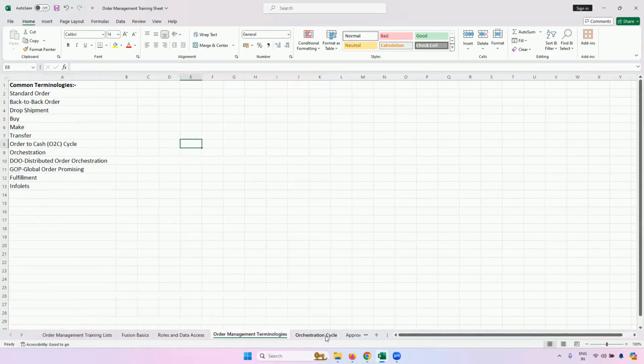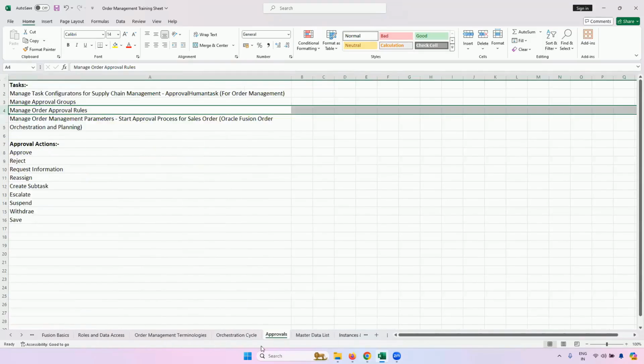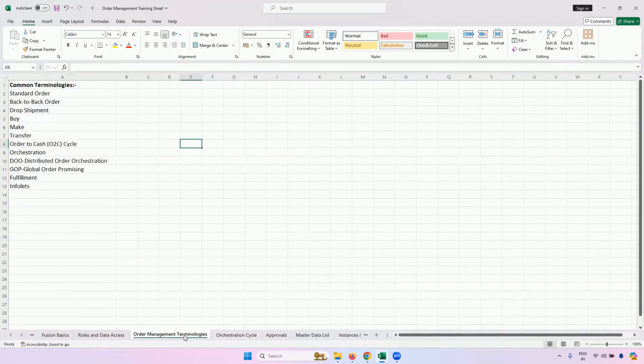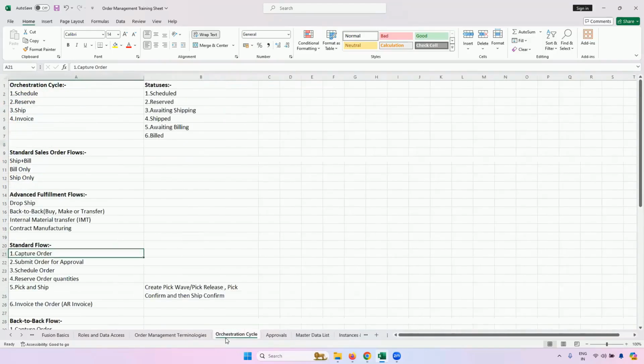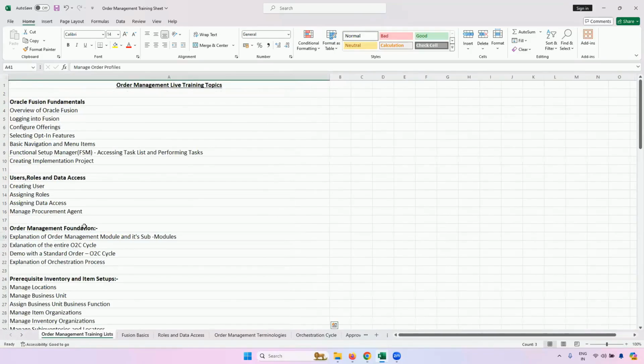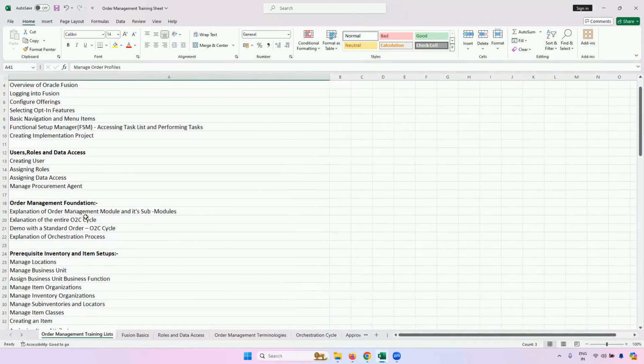If time permits, I will also show you the entire approval process for order management. So these three would be our goal for tomorrow: order management terminologies, orchestration cycle, and approvals. Basically, in a nutshell, this is the order management foundation. This would be the third topic for tomorrow, which we will cover.